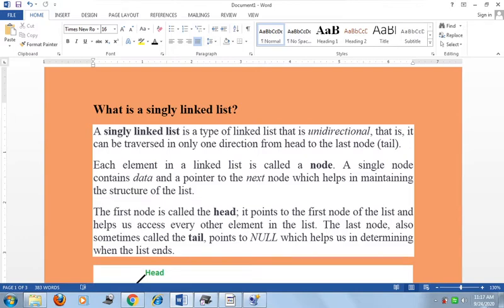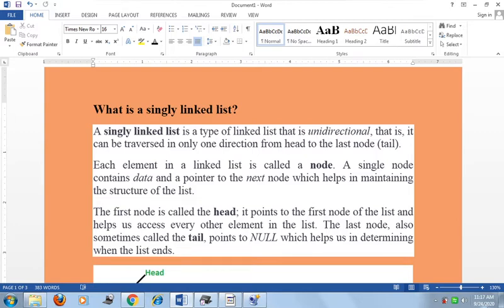Each element in the linked list is called a node. A single node contains data and a pointer to the next node, which helps in maintaining the structure of the list. The first node is called the head or start node, or we say the front node.